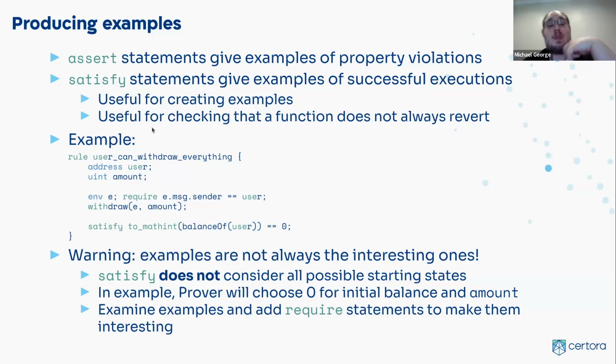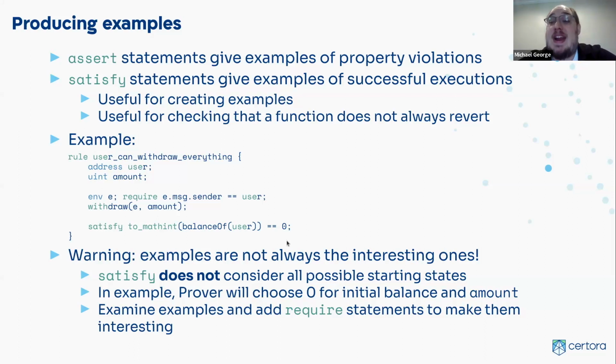As I said, this lets you create examples or check that it's possible for a function to not revert. So just as a simple example here, I might want to give an example where the user can withdraw everything from their account. So I'm going to call the withdraw method here, and then I'm going to ask the prover to satisfy the fact that the balance of the user is 0 after withdrawing. The idea here is I have a user, they call withdraw, and I want it to be possible for them to call withdraw in a way that empties their account. If I were to run this rule, the prover would give me an example where the balance of the user after calling withdraw is 0,